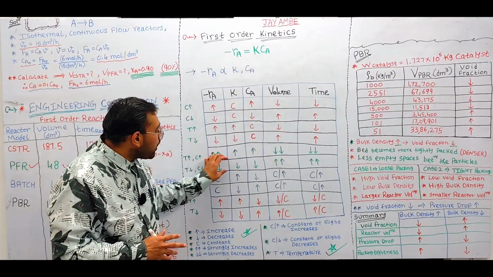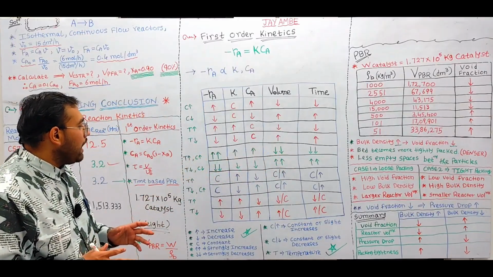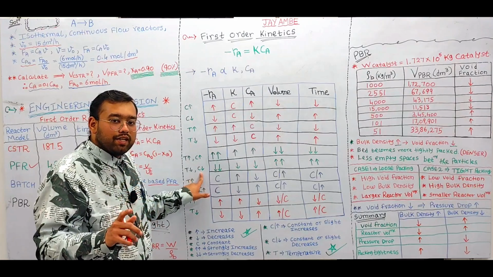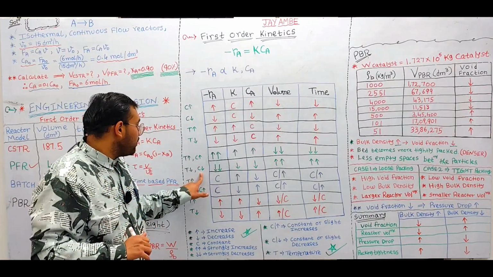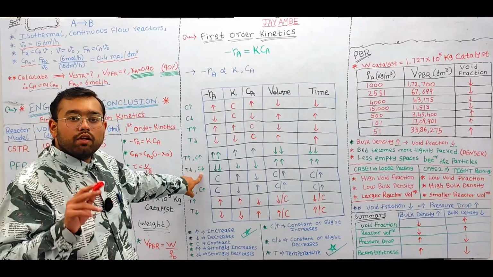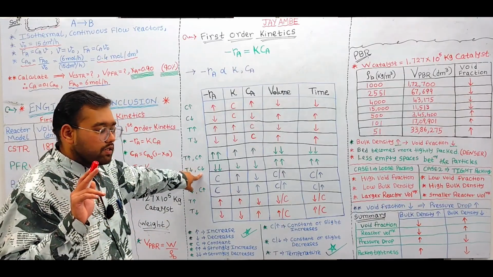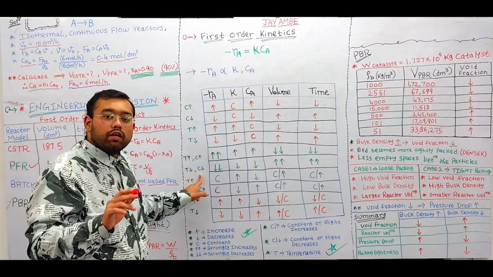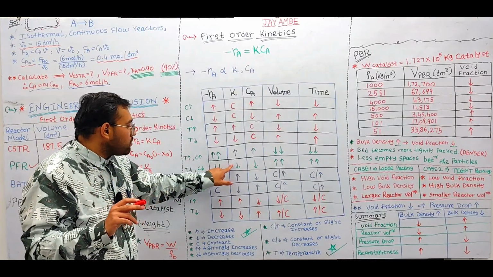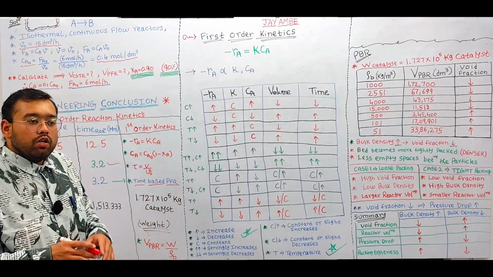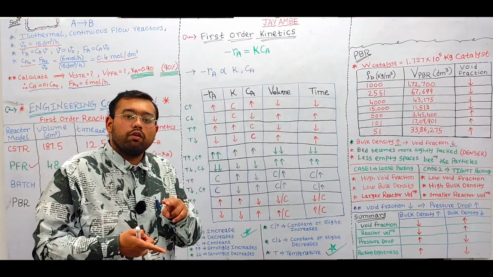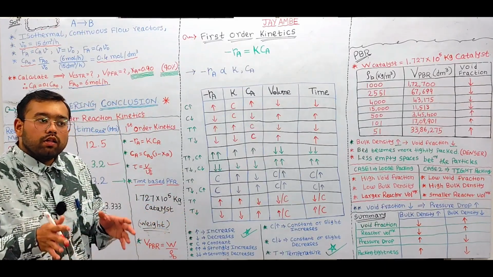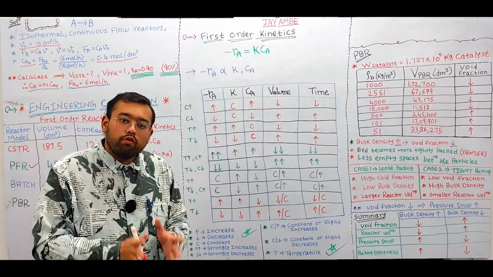Now this phenomenon will be observed when there is a decrease in the concentration of the reactants present in the reaction environment of the reactor. So due to the decrease in the concentration of the reactants, and simultaneously a decrease in the temperature of the reaction environment, the rate constant value will also decrease. So due to the decrease in the temperature, the concentration of reactants and the rate constant value, the reaction rate will also strongly decrease,